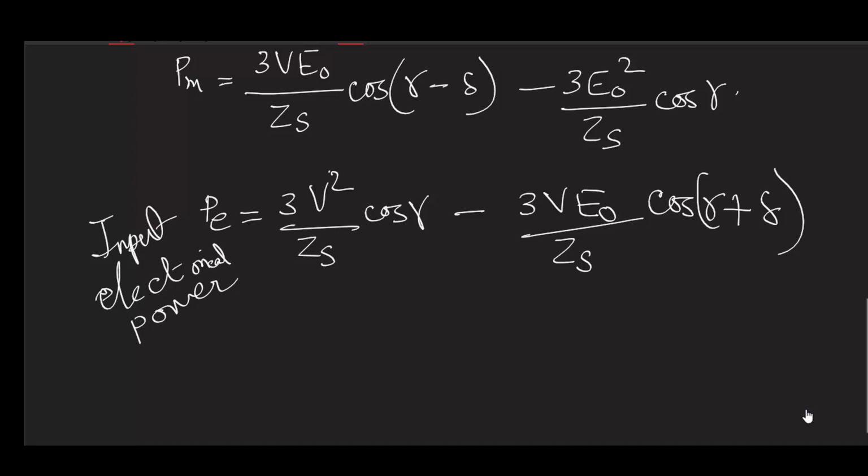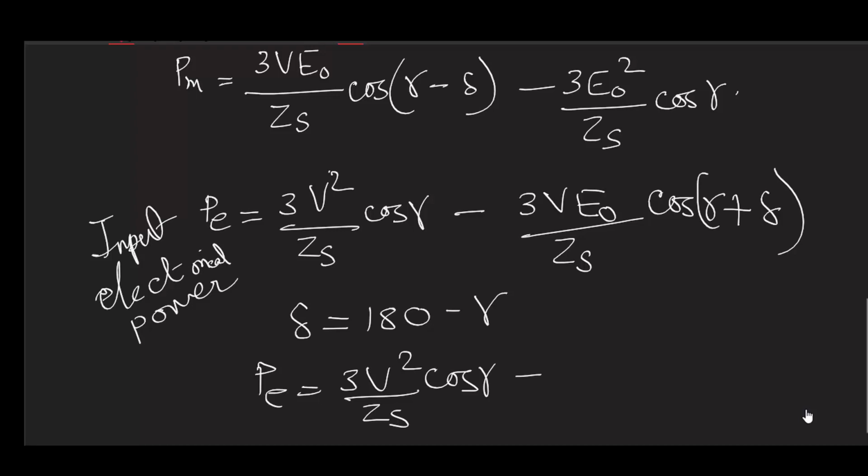So this gives us what? Please observe that when you will get maximum power, when your gamma is fixed, delta will become 180 minus gamma. In absence of loss, what we observe is that gamma becomes exactly equal to 90 degree. Therefore, both PM becomes equal to PE. However, that is not the case. In reality, this will become maximum when this holds good.